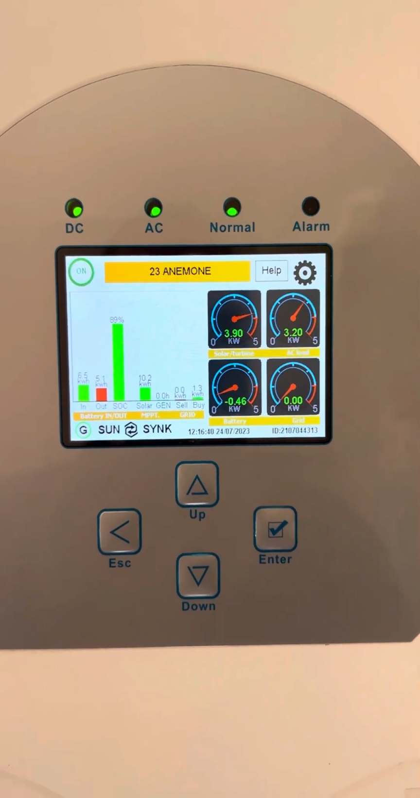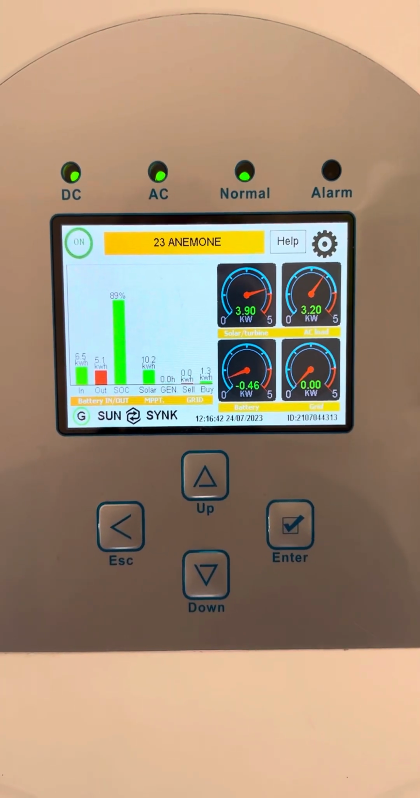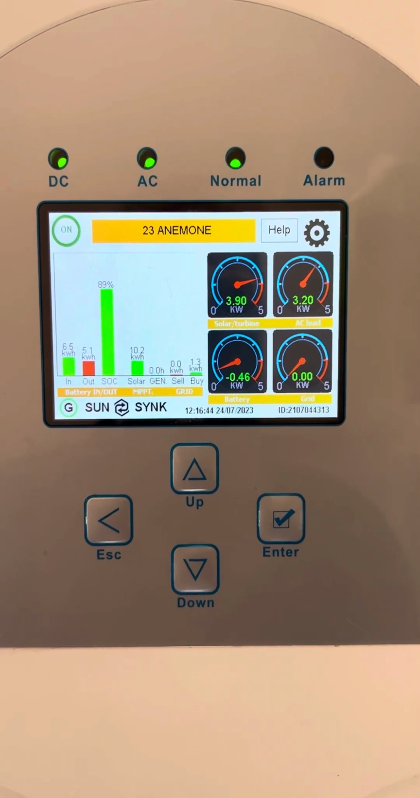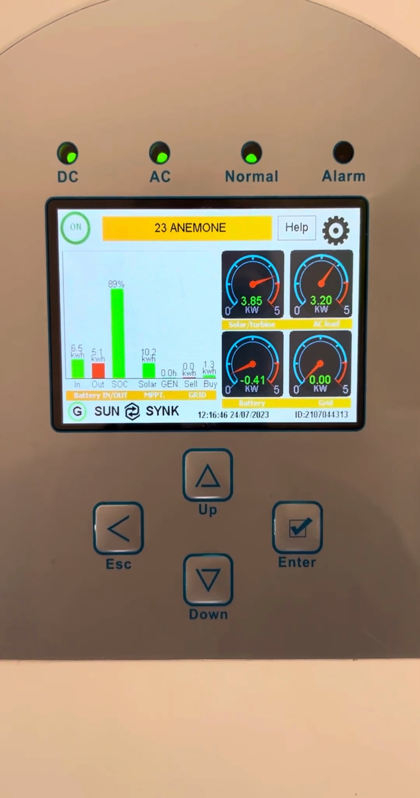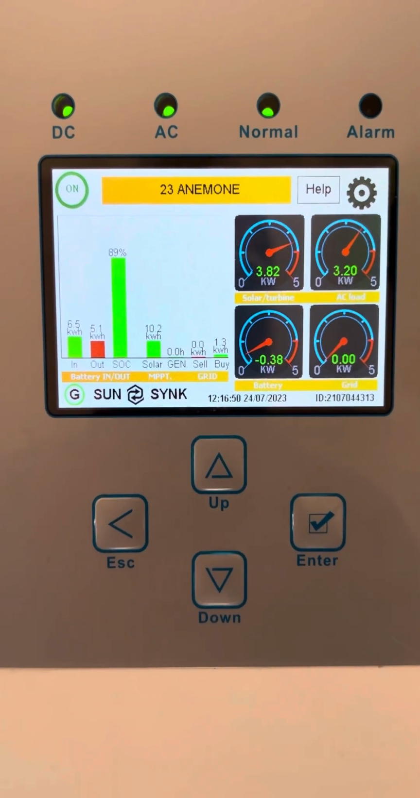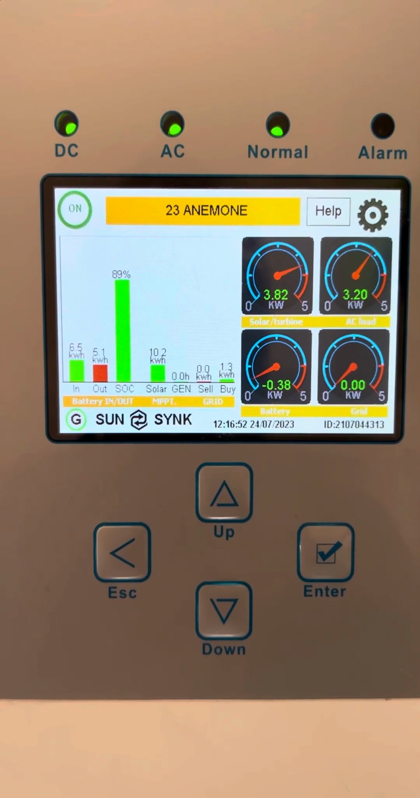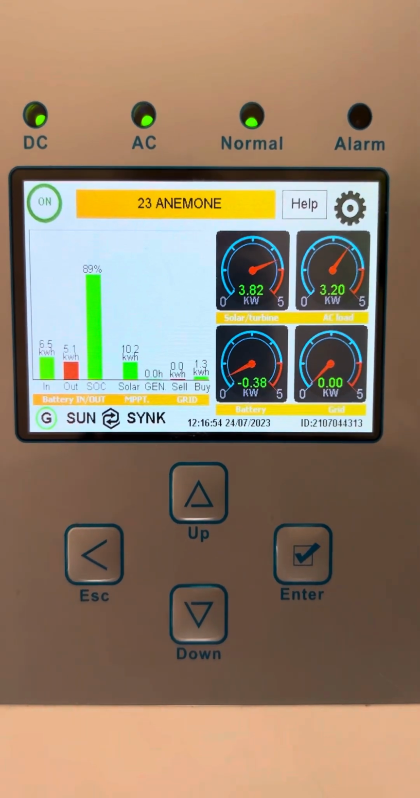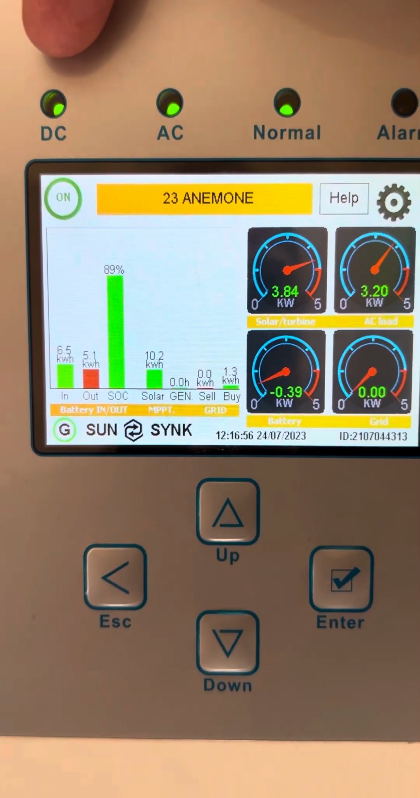Greetings everyone. We are going to run through some of the meanings on a Sunsynk screen. A lot of my new installations, the customers are not familiar with what each screen means, so we'll go through it briefly. First things first, if you look at the lights at the top, you've got your DC direct current